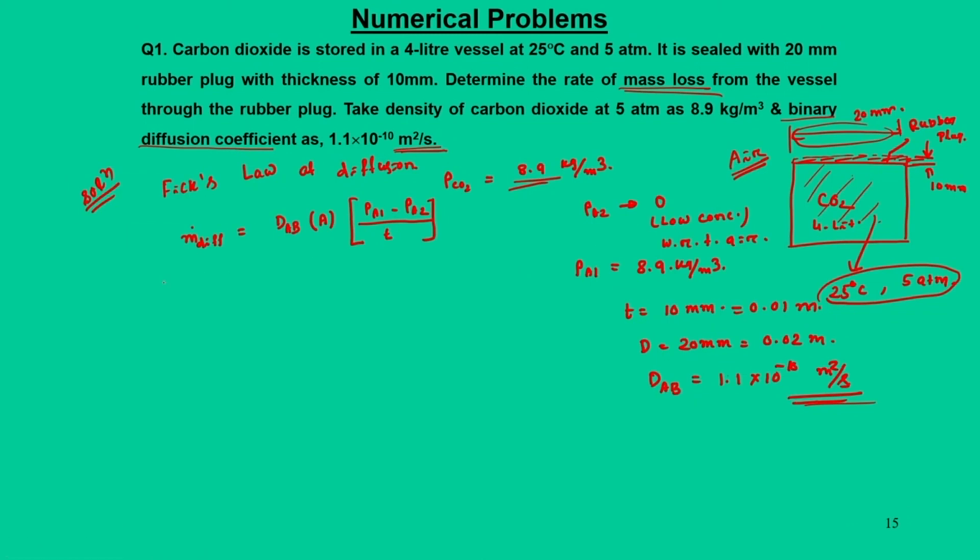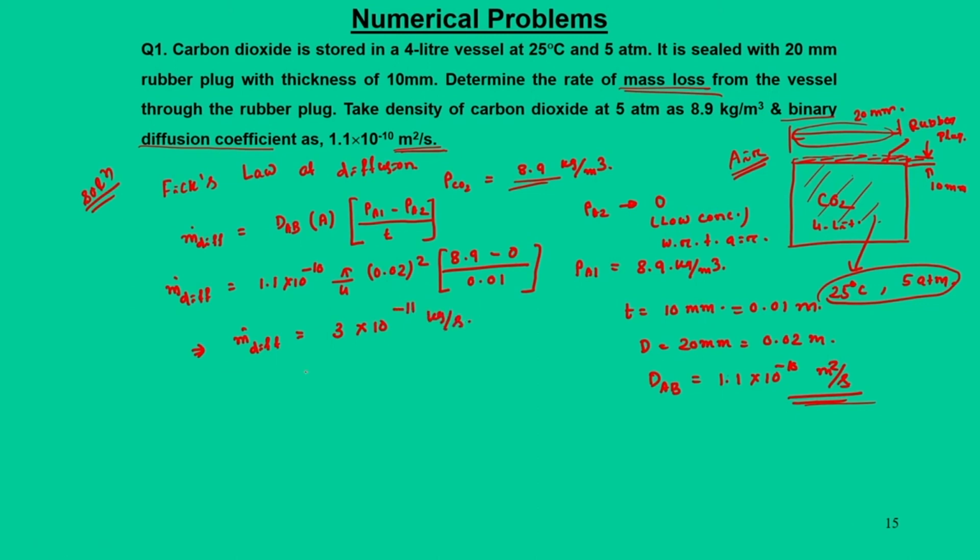Then we can calculate this value: 1.1 into 10 to the power minus 10, area we can say pi by 4 d square, that is 0.02 square, rho A1 it is 8.9 minus 0, thickness is 0.01. So, this number you will calculate, diffusion is very negligible, that is 3 into 10 to the power minus 11 kg per second,